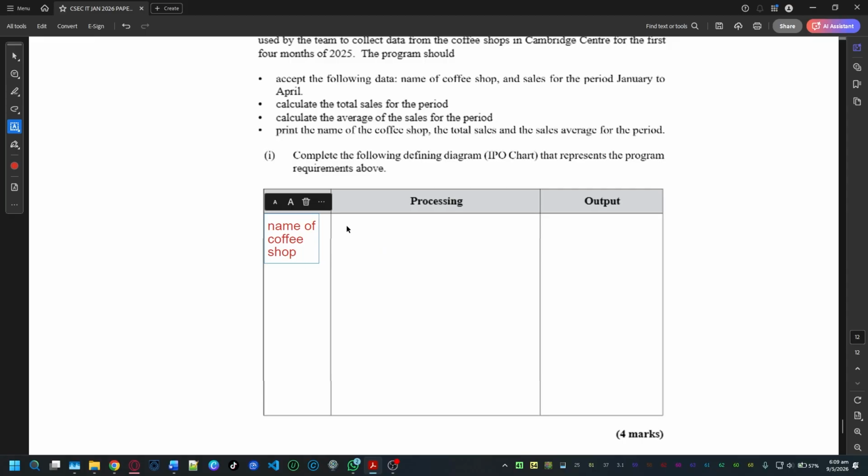Name of coffee shop. Then here will be processing. Say accept name of coffee shop. Then the output will be